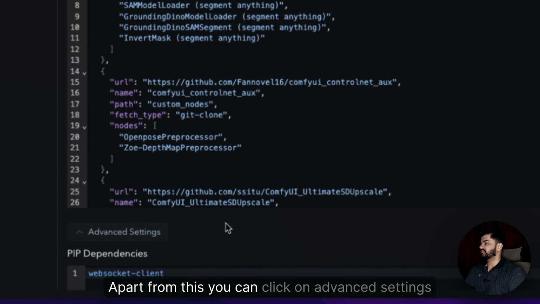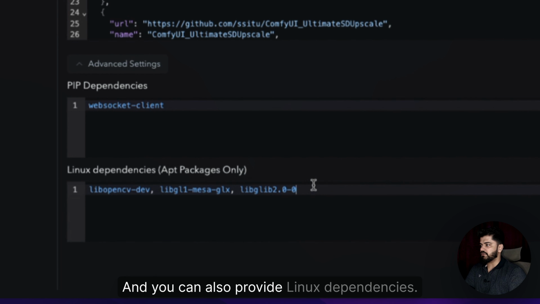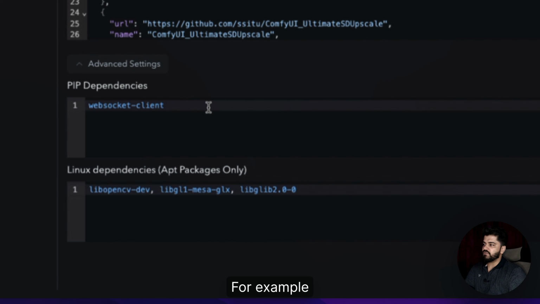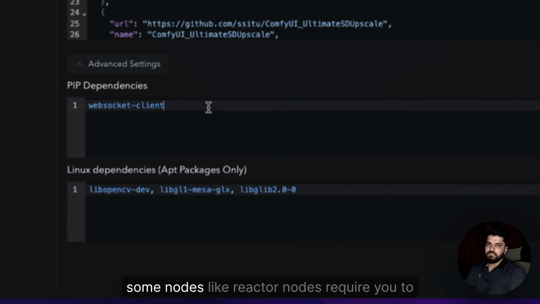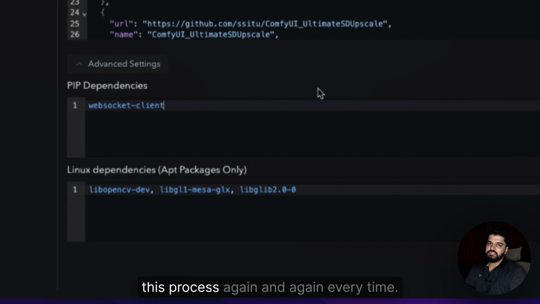Apart from this, you can click on advanced settings and provide the pip dependencies. These are the Python dependencies, and you can also provide Linux dependencies. For example, some nodes like reactor nodes require you to install insightface, and onnxruntime is another dependency. So you can just provide that here, and you don't have to go through this process again and again